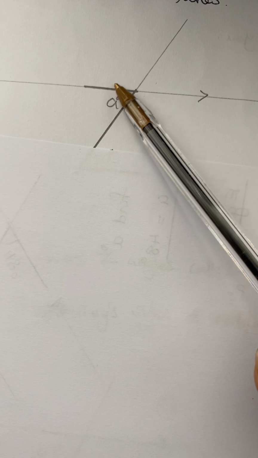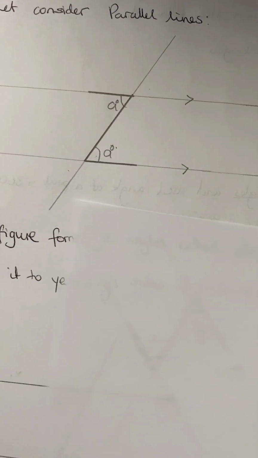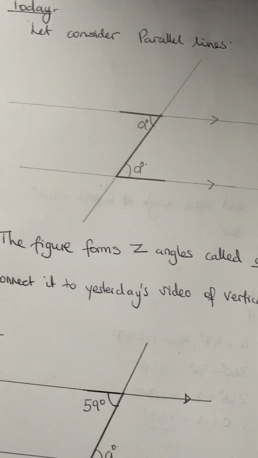So my angle at this point, all these four angles should add up to 360. So this A equals A. Whatever I get for A, I'll take it out from 360 and divide by 2, and that will be these two angles. But assuming they didn't ask me to find any of this angle, and they bring two parallel lines,